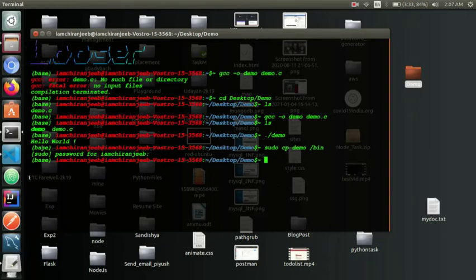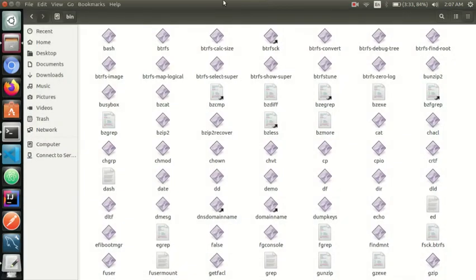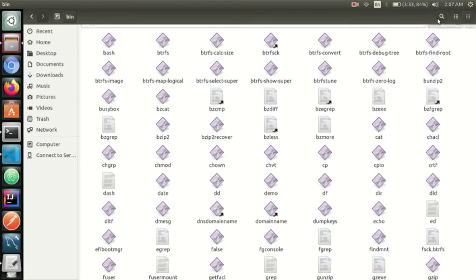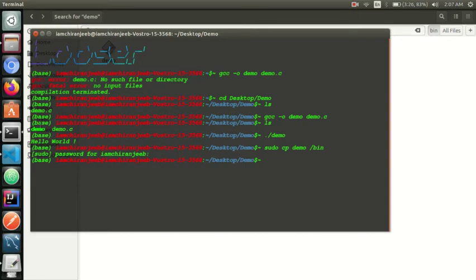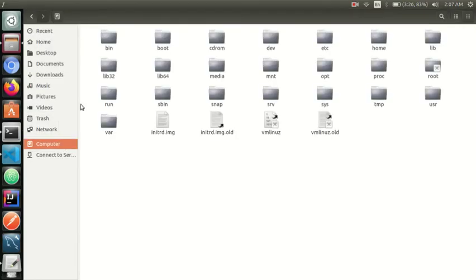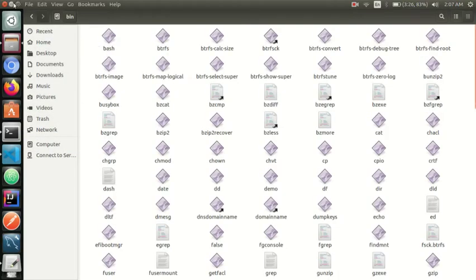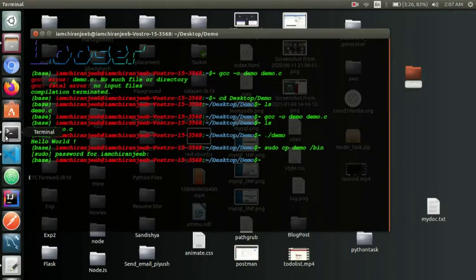Now we will see whether this demo executable file is in this bin folder or not. If I search here for demo, then we can see this demo executable file is here in the bin folder. So that's it. Now we will run our command.